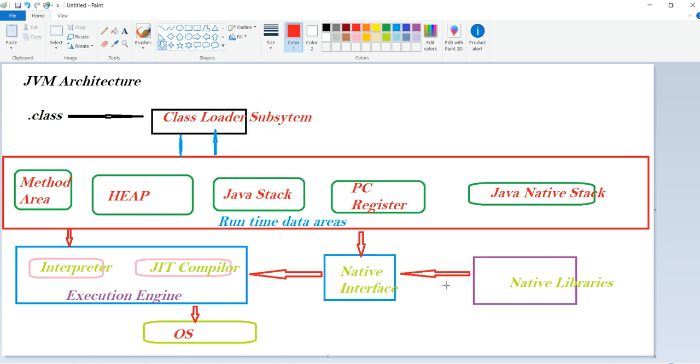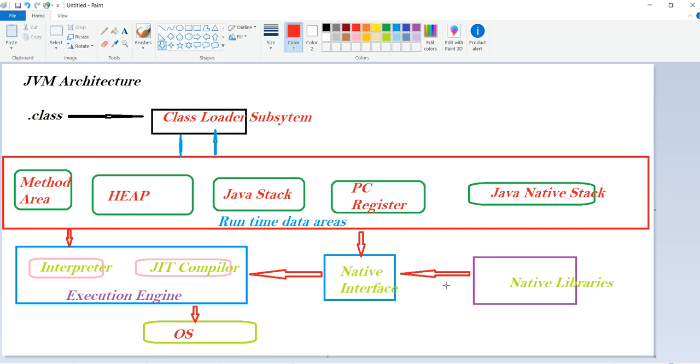First we'll concentrate on the .class file. We know the .class file because in Java, when we compile each and every class, it is stored in the form of .class.